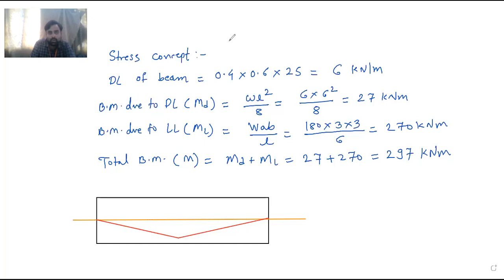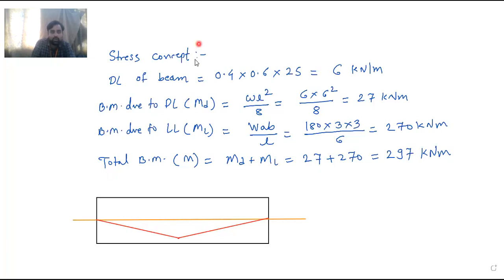Now at the midspan, if you look at the forces at this level, the P force will try to uplift. If you rotate the P force above the neutral axis, here you can see this is the line where the P force is acting. If you rotate this P force above the neutral axis, then it is of hogging shape. So then tension will be at top, compression is at the bottom. So the P by Z term will be minus plus. The stress due to eccentricity, I'm talking about.